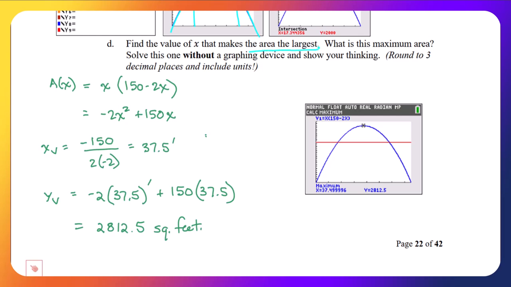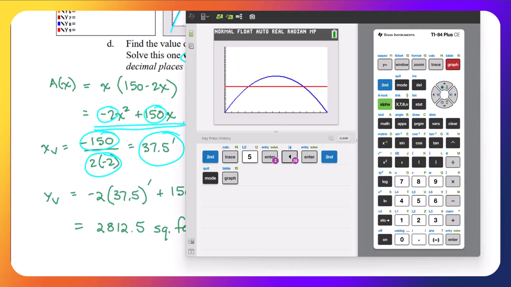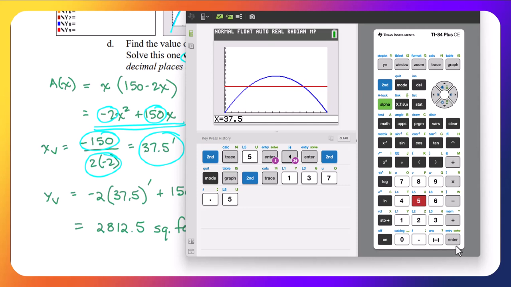To find the largest area, which will give us the maximum area, we first of all want to do it without a graphing device. So we multiply this out. Here's our A, here's our B. Negative B over 2A gives us 37.5 feet. To find out the y value when x is 37.5, I can go to Second, Calc, choose 1 for value, asks us what x is. We type in 37.5 and enter, and we get about